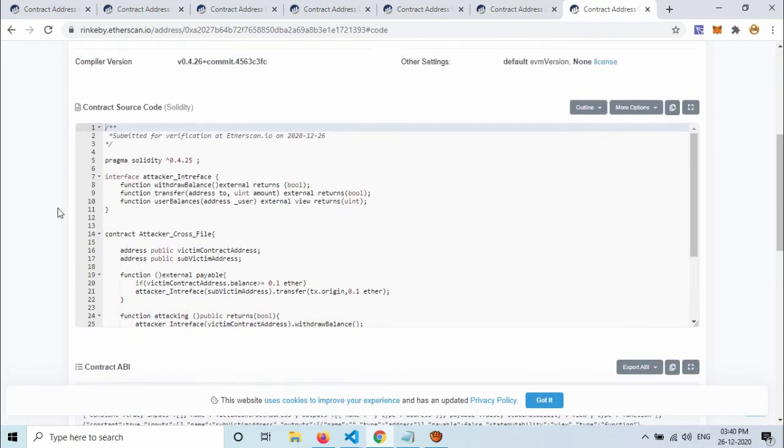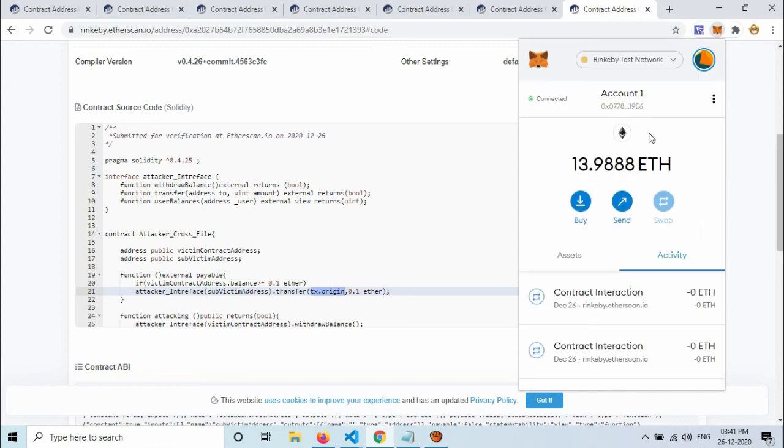Here is the code. We are sending to tx.origin, meaning the same account. So we will call the function from account 1.